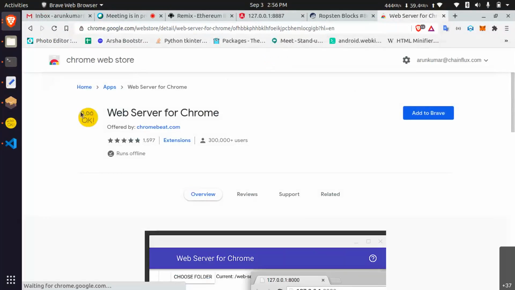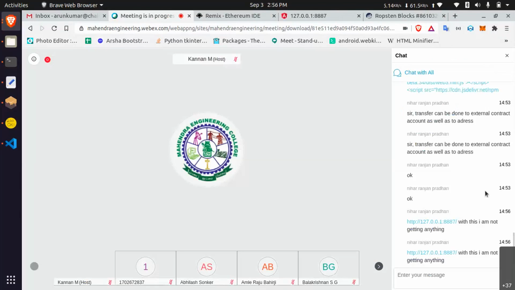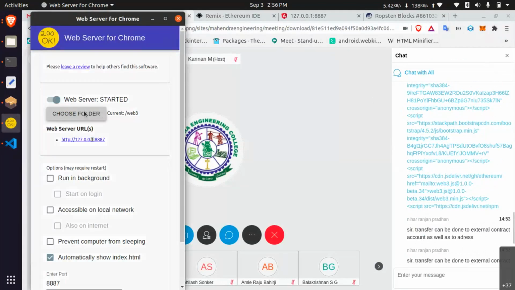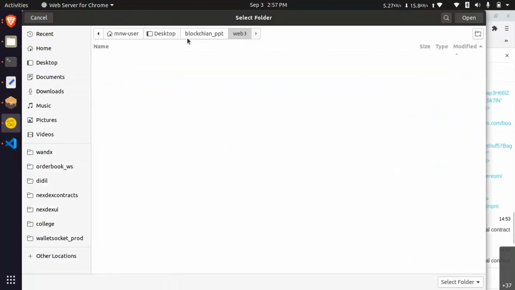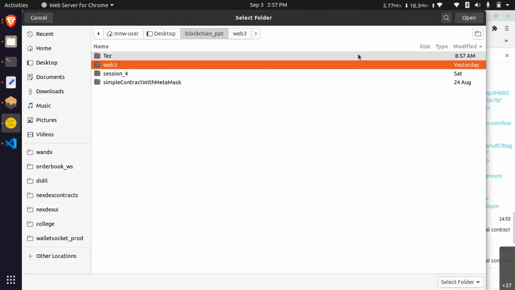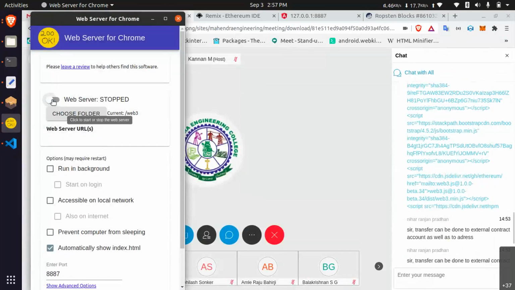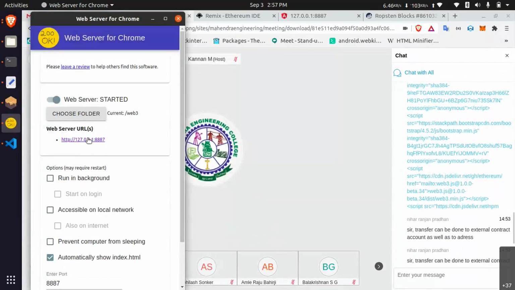And then you need to copy and paste that HTML file into one directory. Let's say I placed it in this web3 directory. So I mention the directory and then open. Just stop and start the server. If you click that URL, it will open.